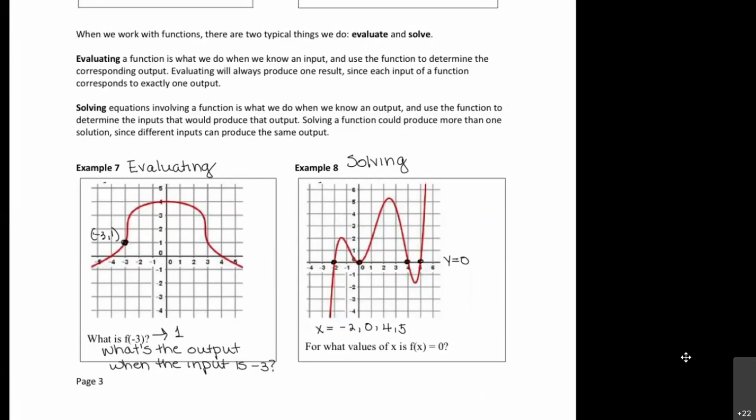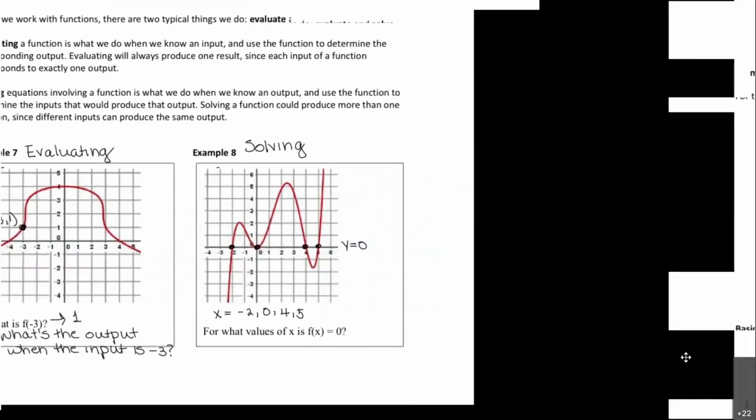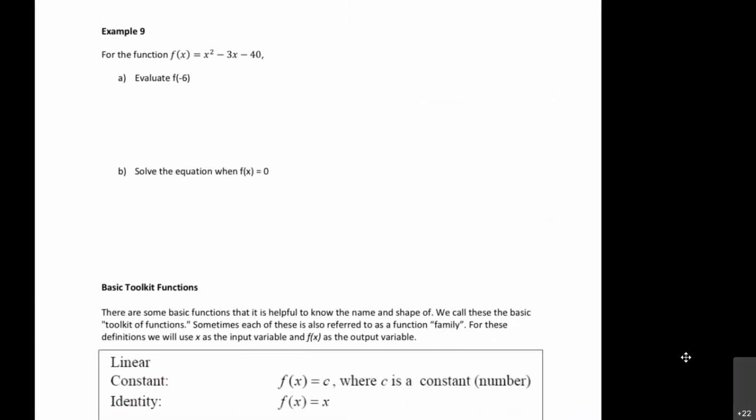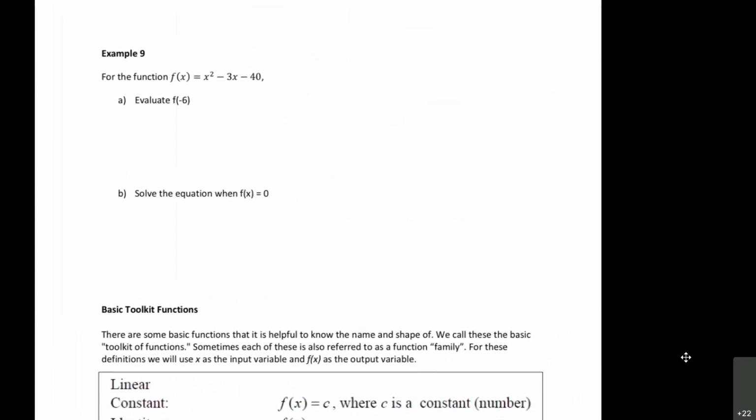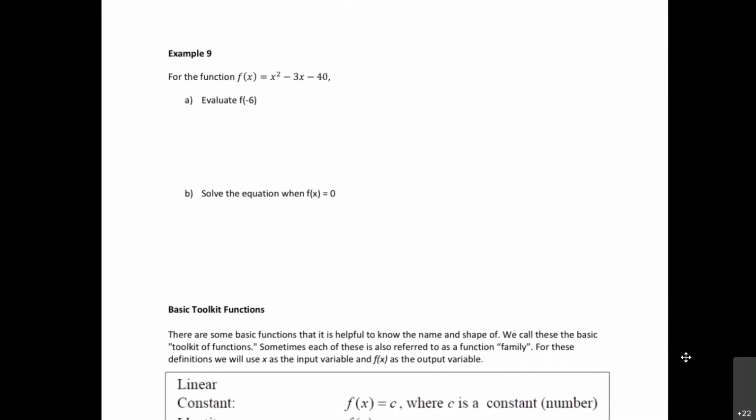Okay, so that's kind of the difference between evaluating and solving. And we're almost done, don't worry. Okay, here's examples of how to do it algebraically. Okay, if you wanted to evaluate f of -6, you would just say,